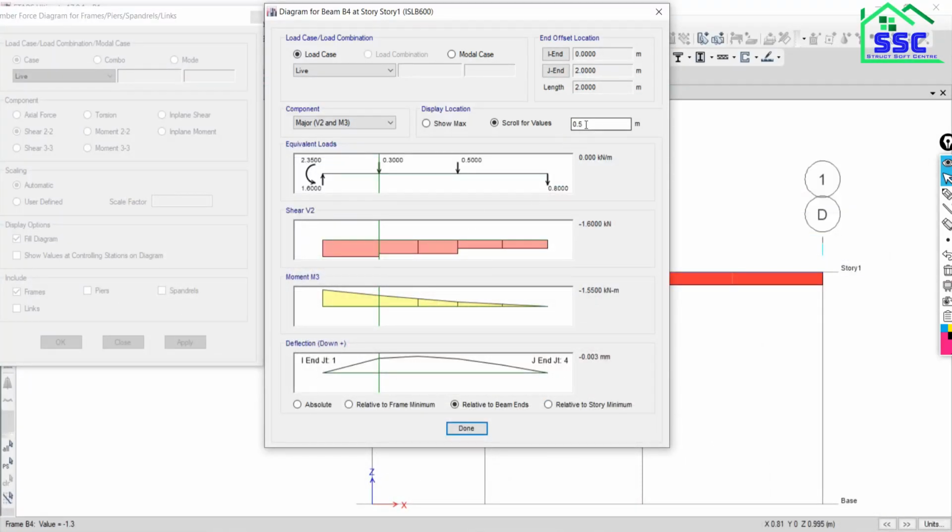But if you want to see at a distance of 1.2 meter, say 1.2, enter, so that it shows you 1300 Newton, or in kilonewton that is 1.3 kilonewton shear force.